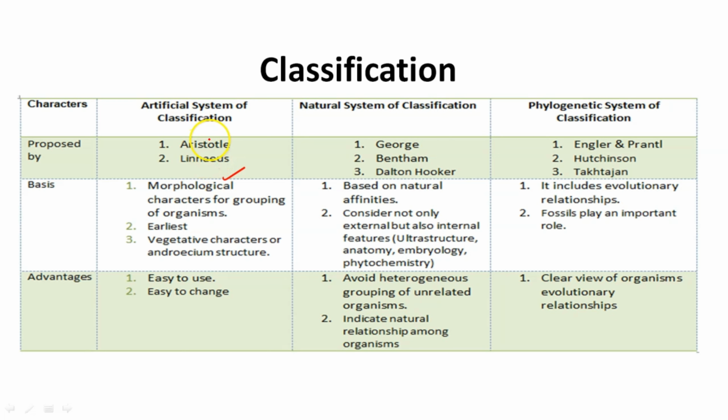In this type of system, morphological and external features are considered more and classified according to that only. So this is our artificial system of classification. Morphological characters had been given the most weightage for defining the artificial system of classification. So the question arises whether it is right or not. But before answering this question, we know that it is easy. That's why it's done easily at first. Now, another question is, is it based on morphological characters only?